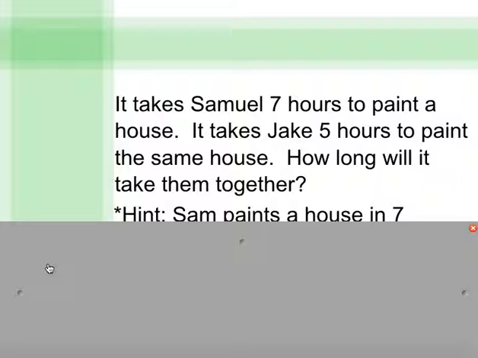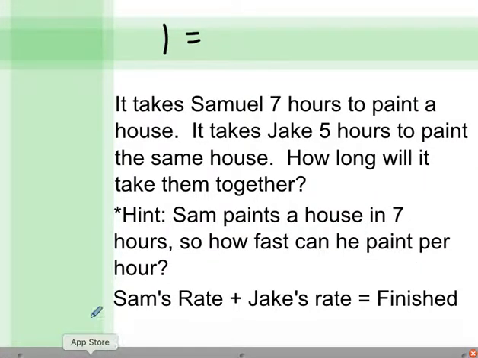So, biggest thing here is that we have one house to paint. One house to paint, and we are trying to take how long it takes Samuel to paint it and Jake to paint it, so we're trying to add something together, okay, so that we can paint this one whole house. So how I would set this up is to say, well, it takes Samuel 7 hours to paint the house, okay, so we would take the whole divided by 7 plus how long it takes Jake, which is 5 hours, that's his rate,